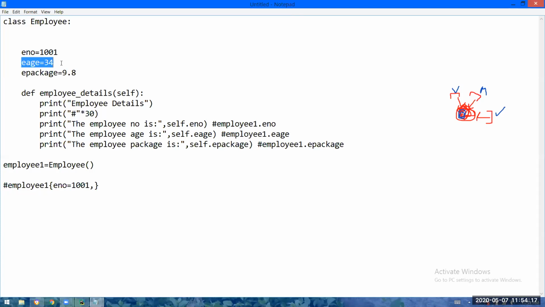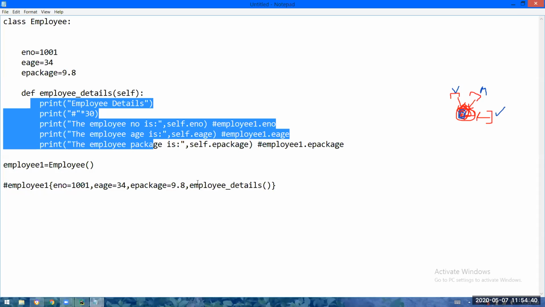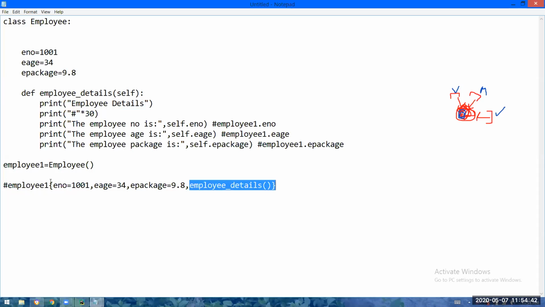Object is like a magnet, variables and methods are like pins. That object will occupy memory, and the complete employee details body will be loaded in the object.